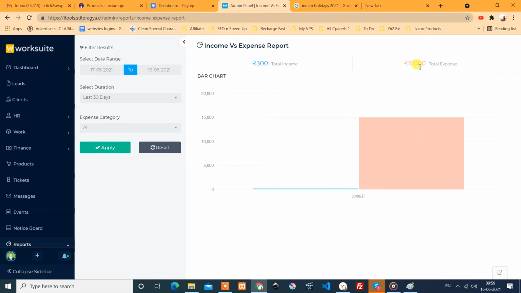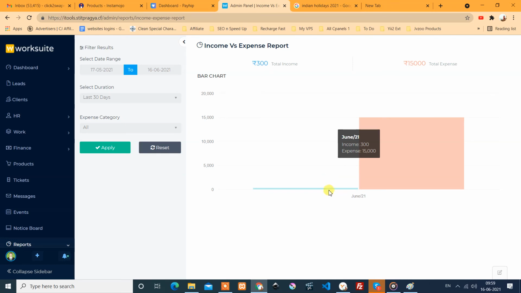This is the total expense we have calculated, including some repetitive expense. No, this is a one-time expense we have created for a demo machine. We created that just a few minutes before. And yes, this is the income, and it is shown relatively, which is why it looks like this.